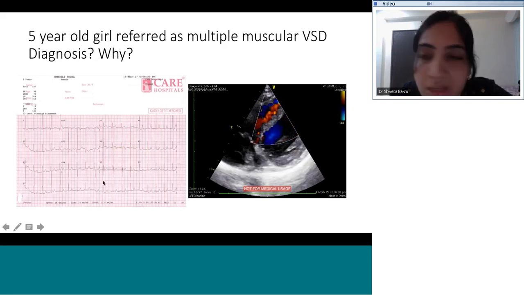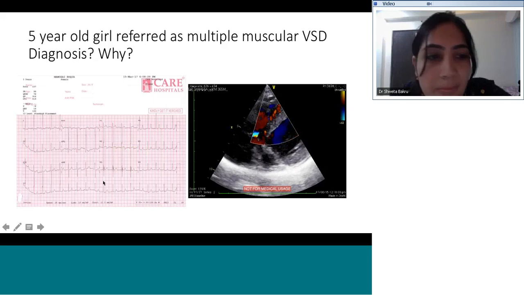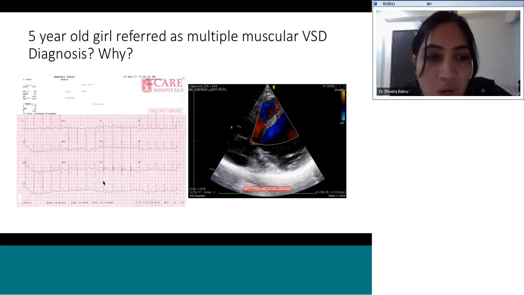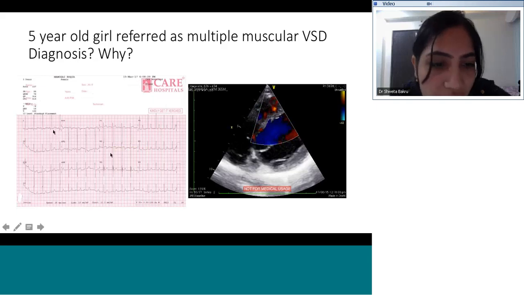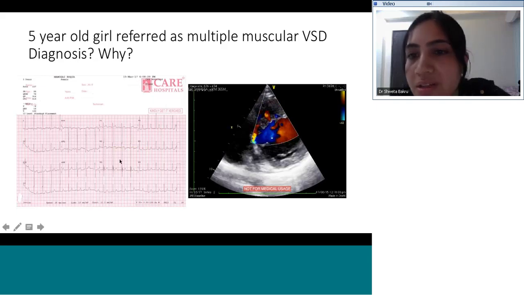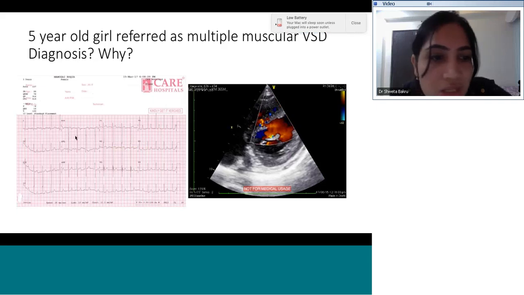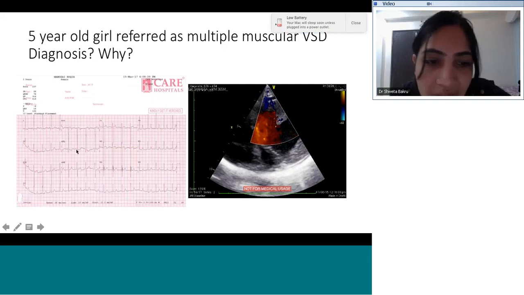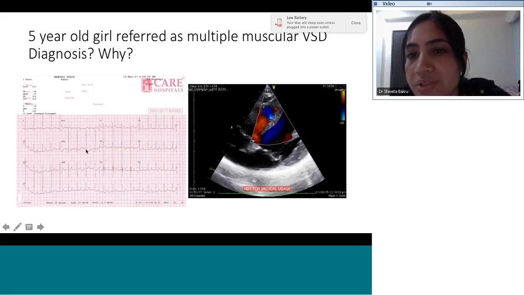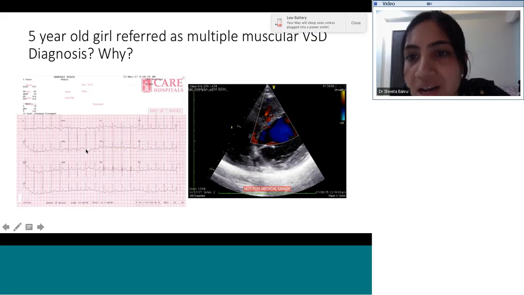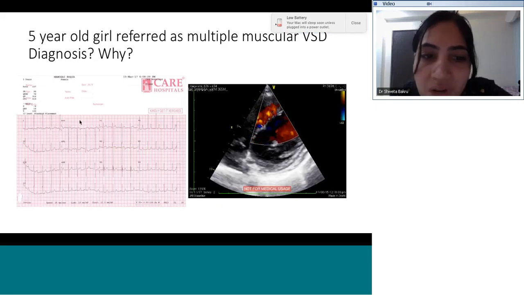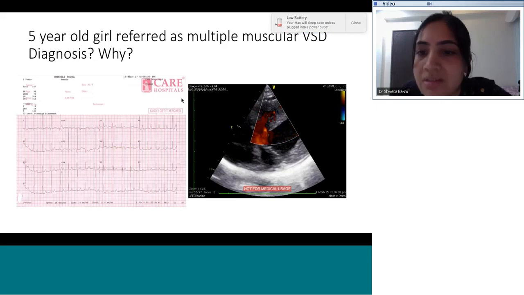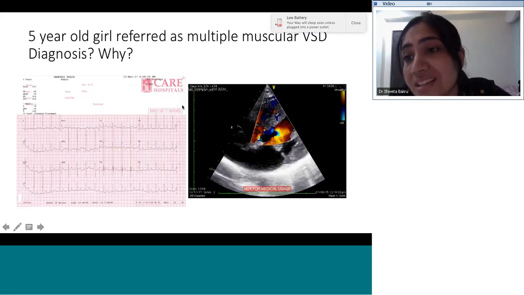What is the ventricular looping? Clockwise. Why did you say clockwise? Where are the Q waves seen? If you look, the Q waves are seen in lead 1 and aVL. Normally, do you see Q waves in 1 and aVL? Yes, it is a counterclockwise loop. Very good. So with a counterclockwise loop and leftward axis, is it going now with the VSD?